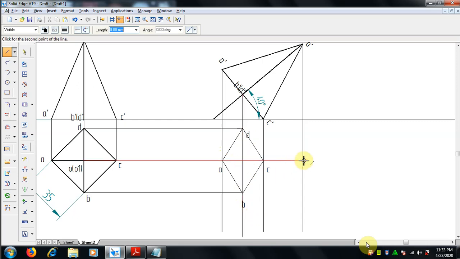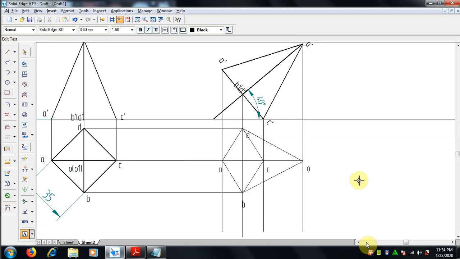First we draw that, and then join the corners with the apex. So A to O and B to O, C to O and D to O. These are the slant edges of the pyramid. We call them slant edges. All the slant edges we have joined with 0.13 mm thickness, and mention O here.